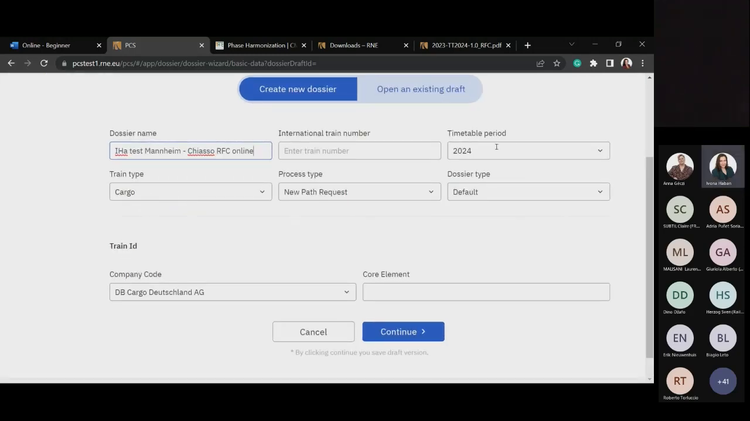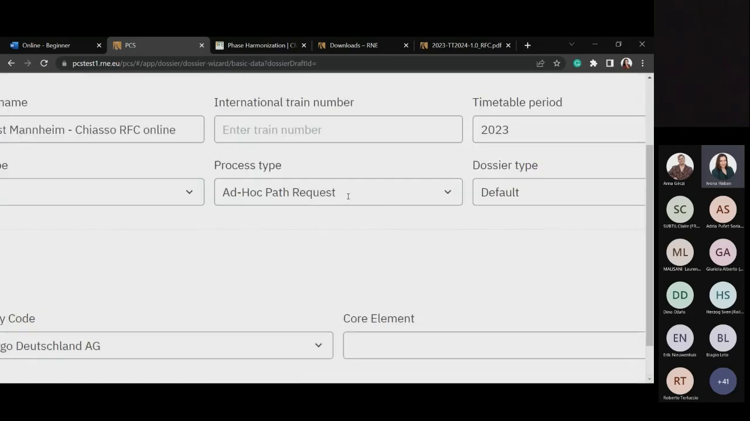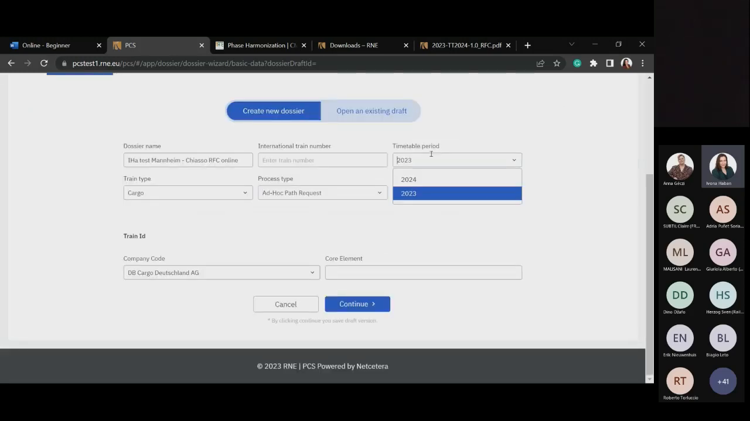There are some predefined things for the cargo applicant. For example, the timetable period now is 2024, and if you shift to the 2023, then the process types that are possible on the 13th of February 2023 for the current running timetable are, of course, the ad hoc path request and the rolling planning. So this is really important. We are going to choose 2024, of course, and we are going to go in,